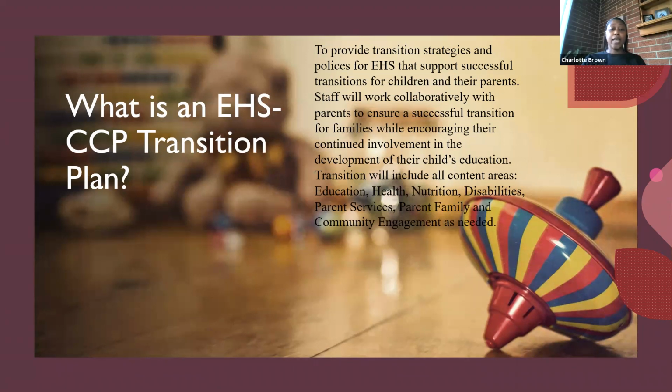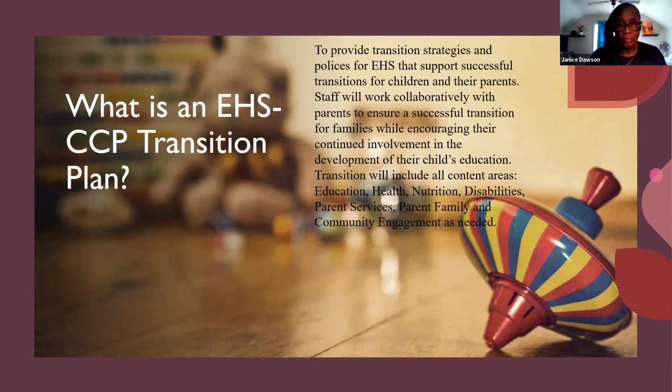Staff will work collaboratively with parents to ensure a successful transition for families while encouraging their continued involvement in the development of their children's education. The transition plans will include all of the content areas: education, health, nutrition, disability, parent services, and parent, family, and community engagement as needed.